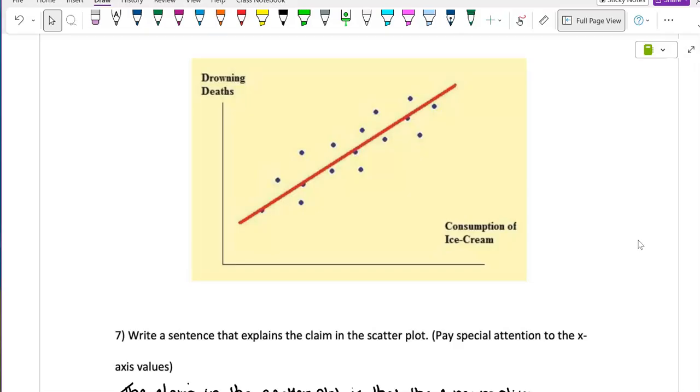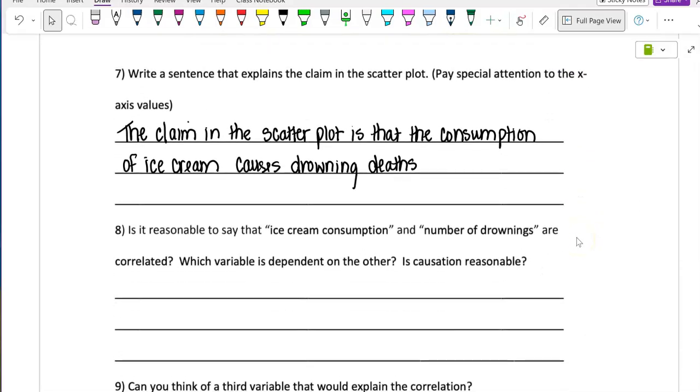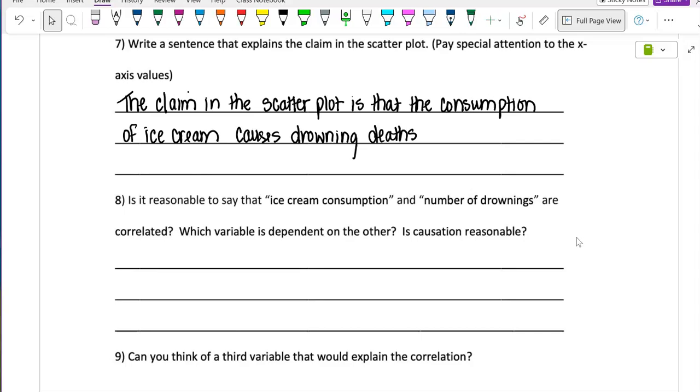Camilla? They're both increasing, which is showing us a positive correlation. So is it reasonable to say that they are correlated? Absolutely. It is reasonable